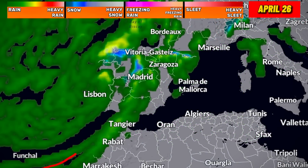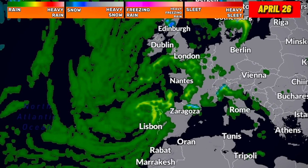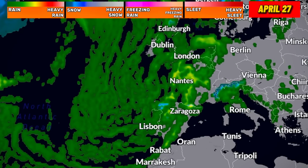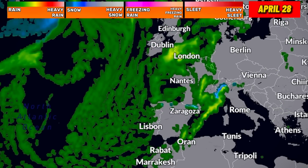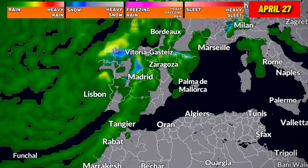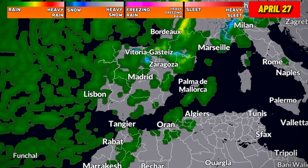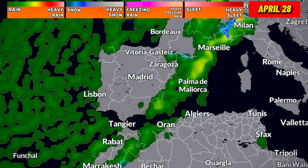One detail which may be overlooked is the very beneficial rainfall coming for eastern Spain. Right around April 26th into the 27th, which would be today into tomorrow, that low pressure system which we have closing in on Portugal right now is going to start heading back north by the weekend. So not only will we have colder air filling in behind this system, but also look at what's happening from North Africa into Spain. This right here is something which has lacked all winter long, which is a more favorable